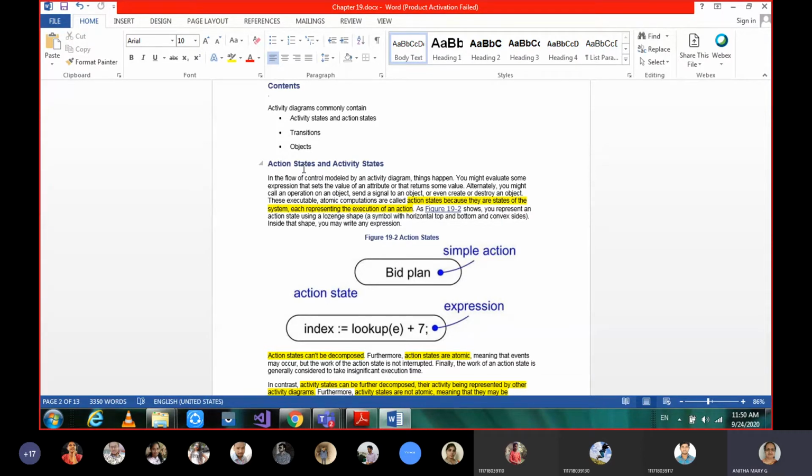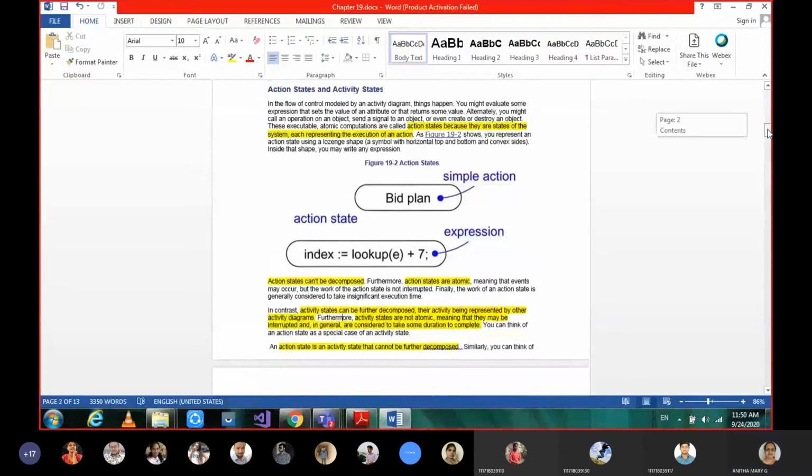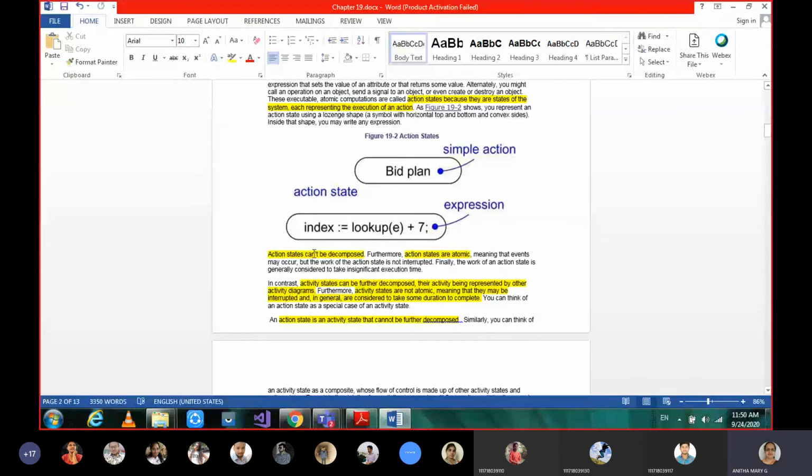Okay, and then they cannot be interrupted, because in a short course of time it is going to happen. That is what an action state is. These are states of the system representing the execution of an action, and action states cannot be decomposed.